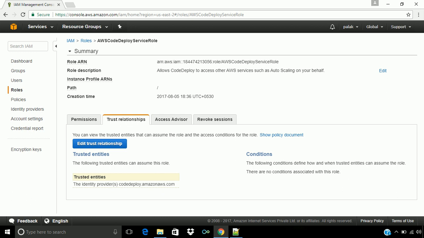The fourth prerequisite is we have to create one instance profile, IAM instance profile. For that, first we have to create a policy, define that policy, and after that we have to create the role for Amazon EC2 instance, and then we will attach our created policy to that particular role. So first let's create the policy.